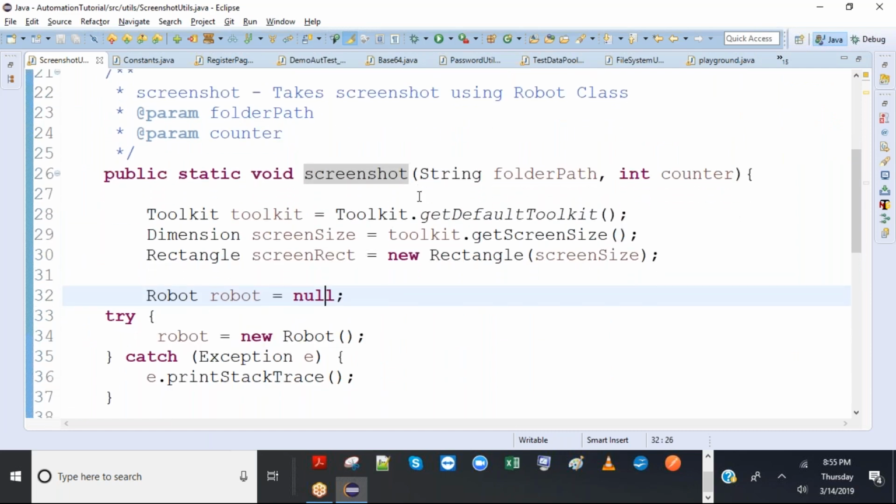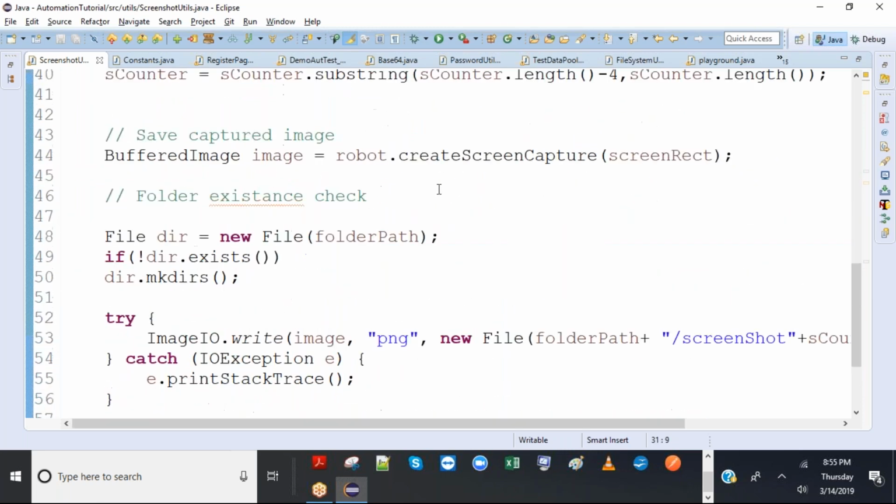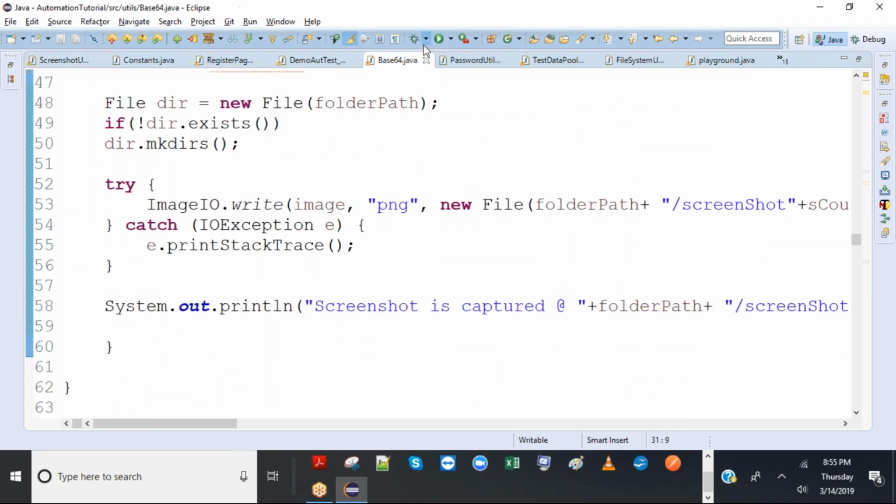Okay, it's already a working function. Screenshot, and all you have to pass is the folder path and the counter. Okay, so I created many methods, one of which is